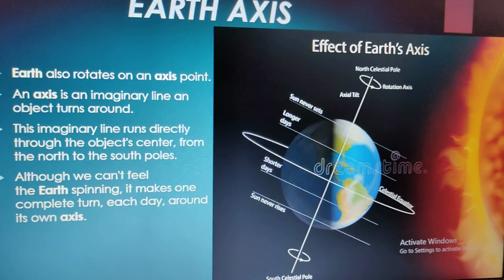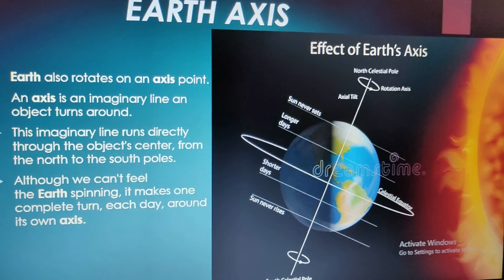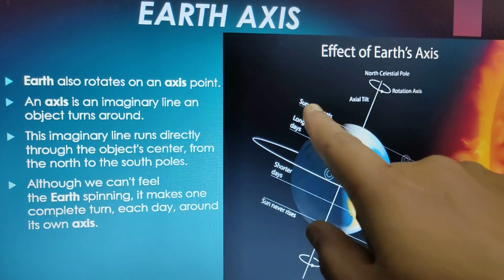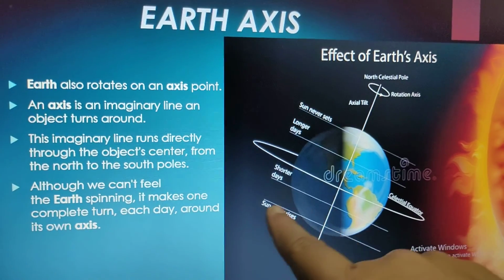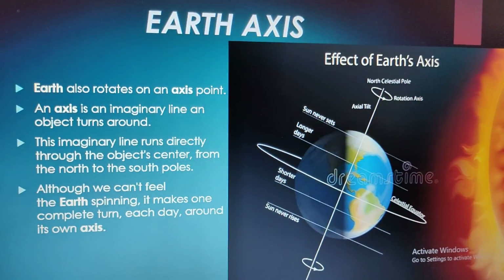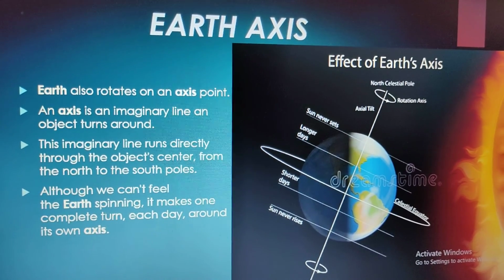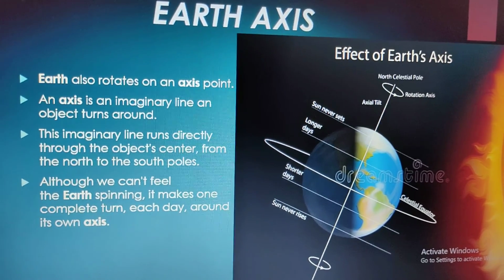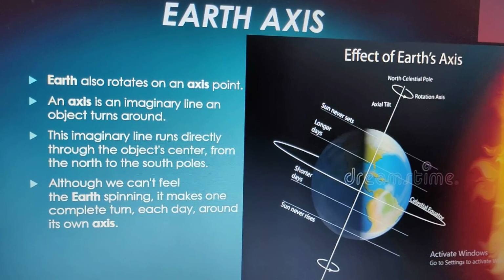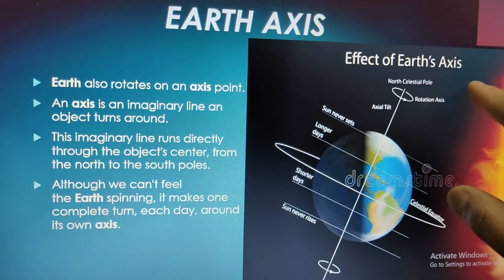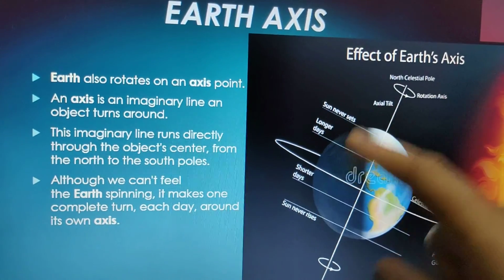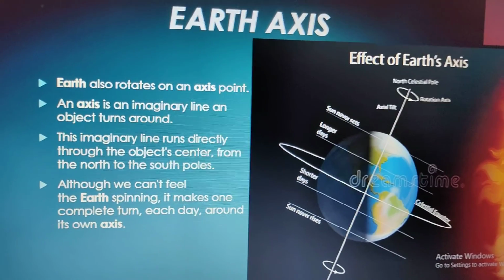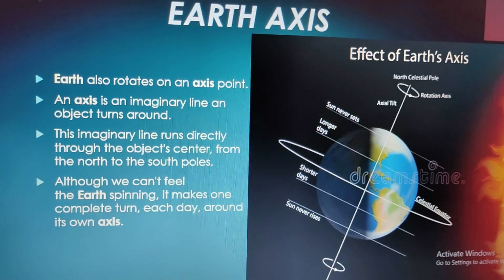We'll study this when we talk about the important latitudes of the Earth, which divide the Earth into certain zones, the frigid zone and the temperate zones. We'll discuss that, and then we will discuss these points. For now, what you need to understand is what the Earth's axis is, how the Earth rotates, and how day and night take place.